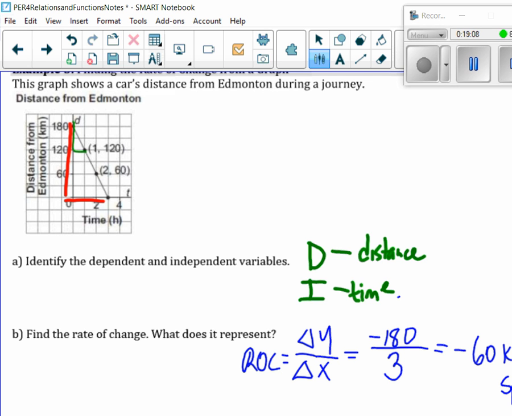Okay, I could do green. Does everybody see green? This would be 60 here. This would be 1. So 60 divided by 1. Did anybody take another point? Or you all got 60? Yeah? Okay. Any questions on rate